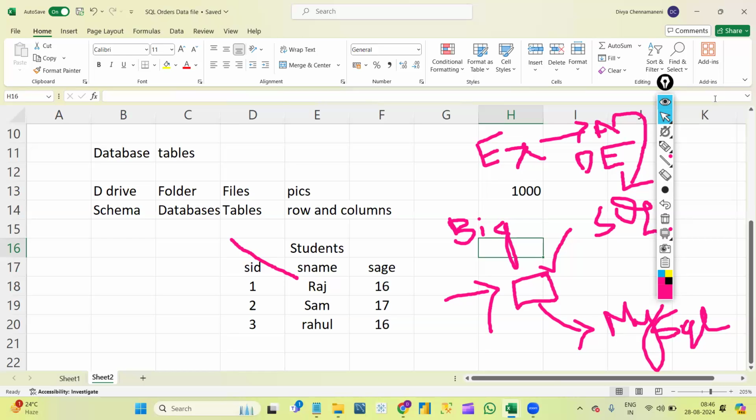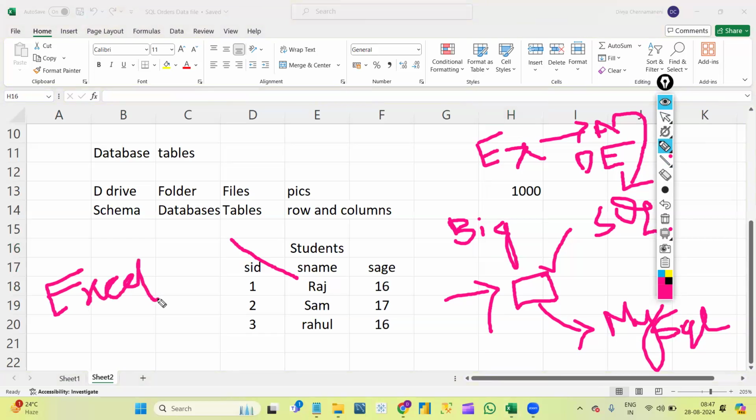All right. So now the next concept is, as we are talking about the storage of data, as we know, the data can be stored in any format. It can be stored in the form of Excel, or in the form of a text file. But we are specifically talking about storing the data in databases. First let's try to understand what is the need for a database. We can store the data in Excel also, but why a database? What are the limitations of Excel and how we overcome them with a database will be my next concept.